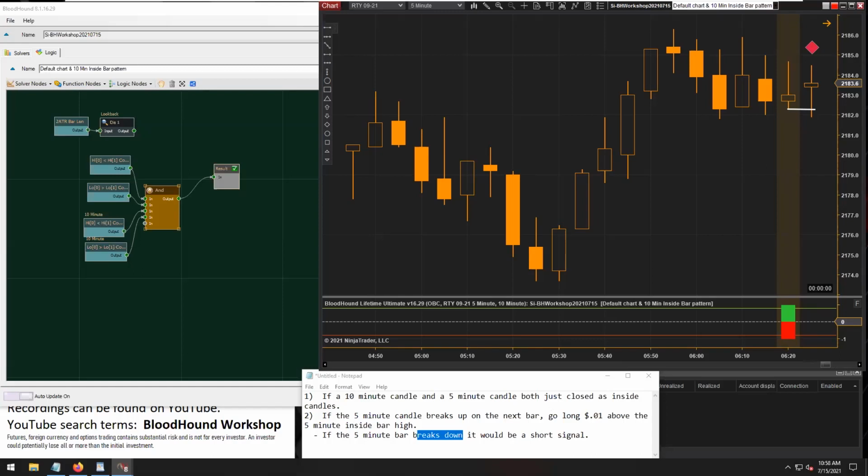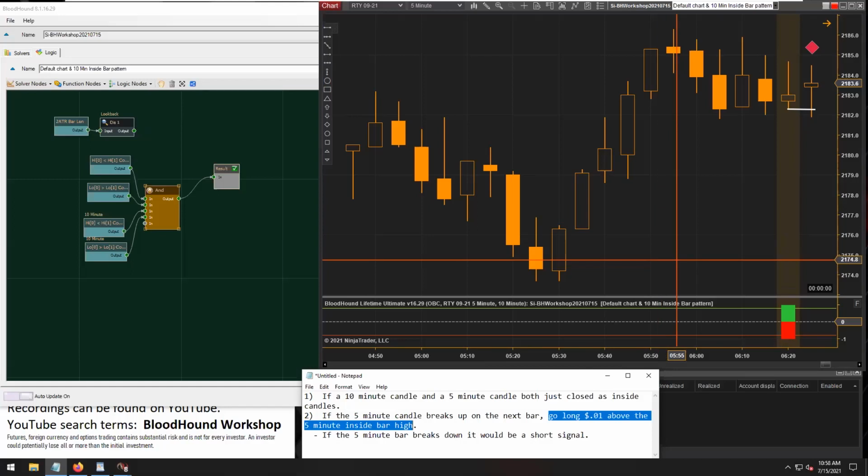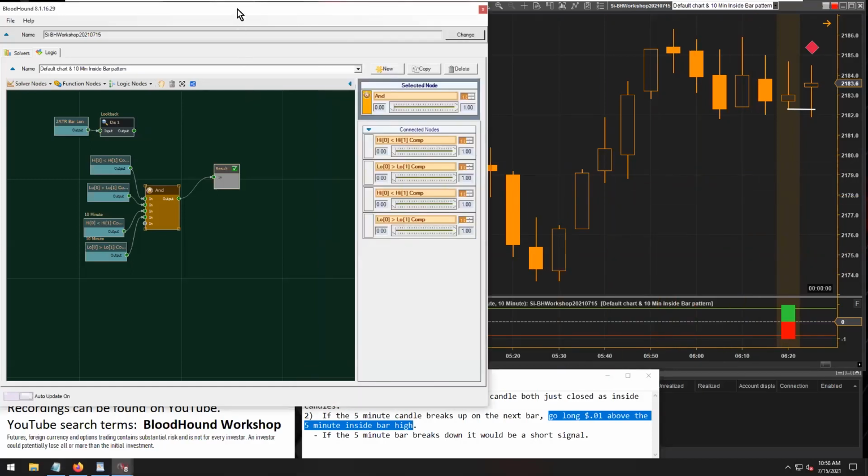If we did, then we wouldn't be able to do this last requirement, which is to place an order 1 penny above or below the bar high or low. So we can see go long 1 penny above the 5-minute inside bar high. So for a long, that would be placing an order 1 penny above the bar high. Okay. So we're going to need to change